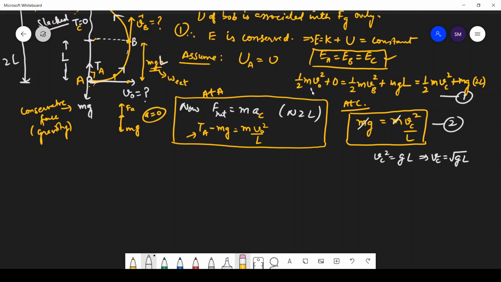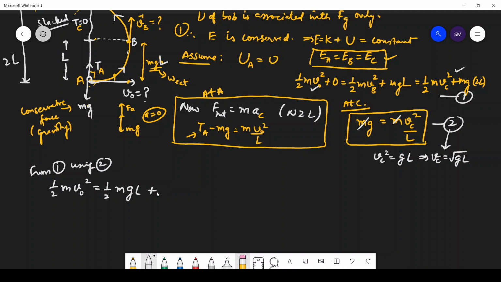So let us take this and this first. So half m V naught square is equals to half m, what is VC square equals to GL? So put VC square is equals to GL plus, so from first, and this is equation number 2. So from first using second,